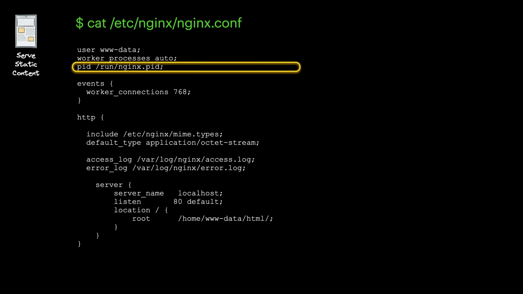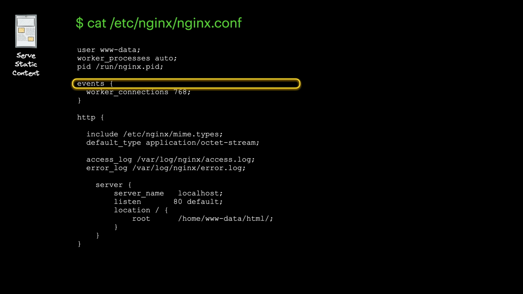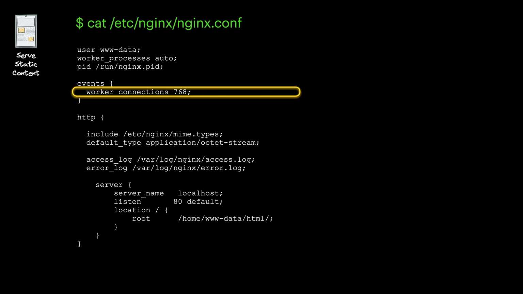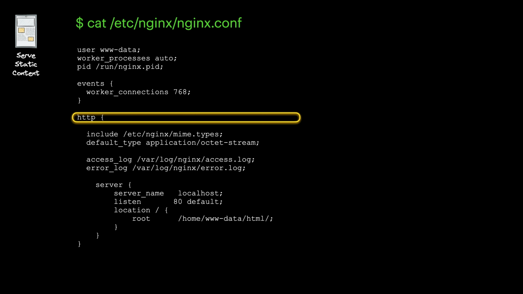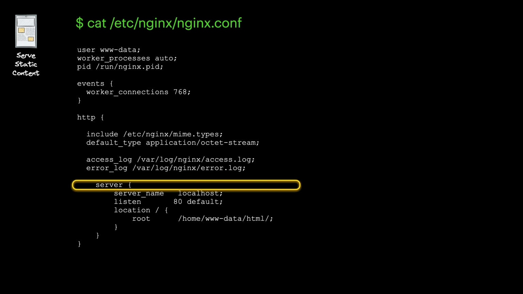In Nginx, there is a separation of the configuration in so-called contexts. The parameters we looked at till now were in the main context. Now we enter the events context. There we set the maximum number of connections per worker process. Then comes the HTTP context. It is probably the most common use of Nginx. When configuring Nginx as a web server or a reverse proxy, the HTTP context will hold the majority of the configurations. Here we set some MIME type and logging options, and then comes the server part.